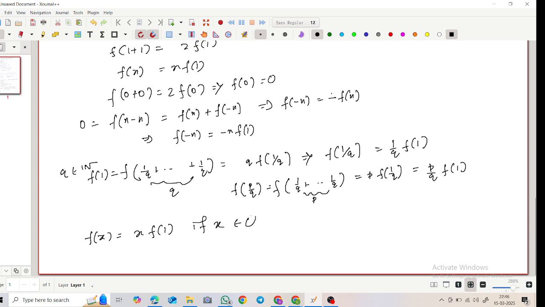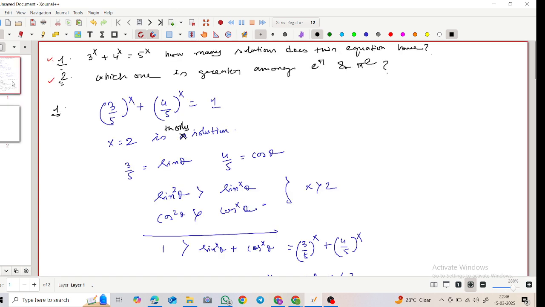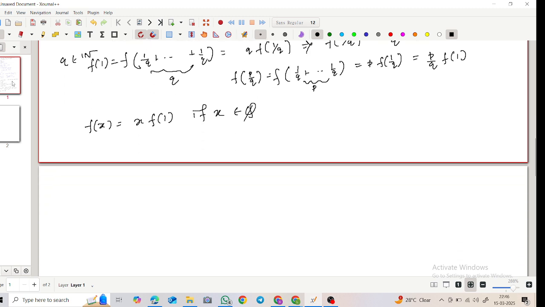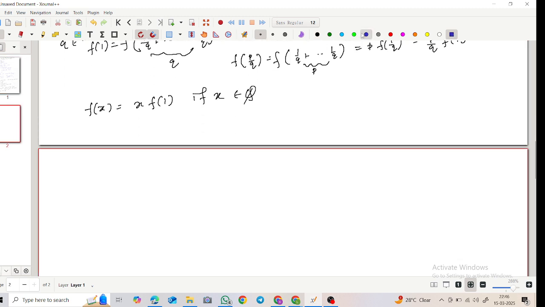So you see, fx is x f1 if x belongs to q. Okay, now if additionally we are given